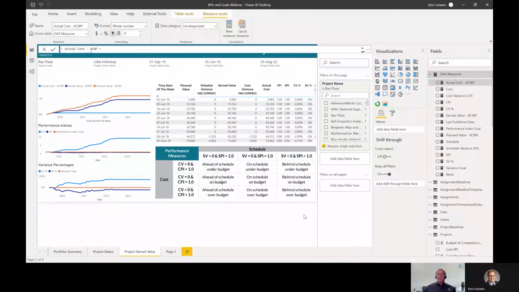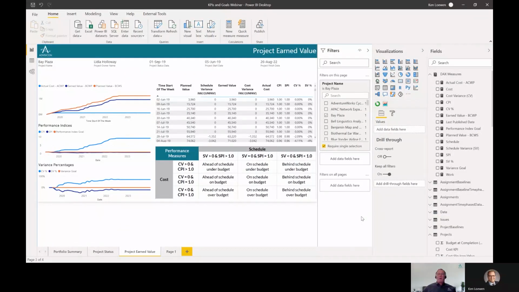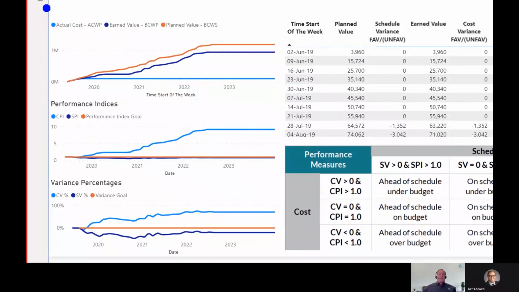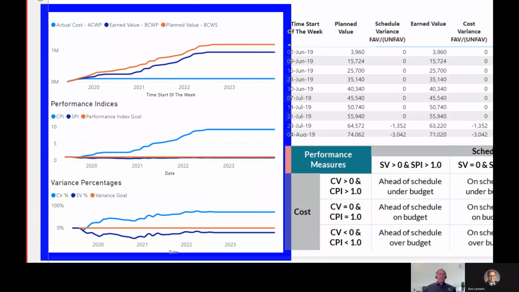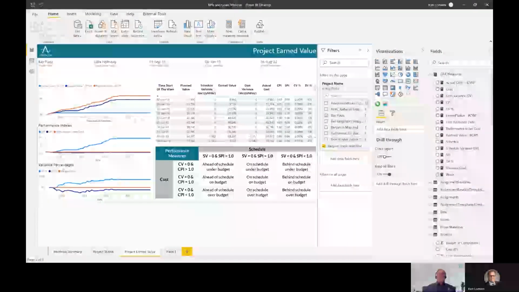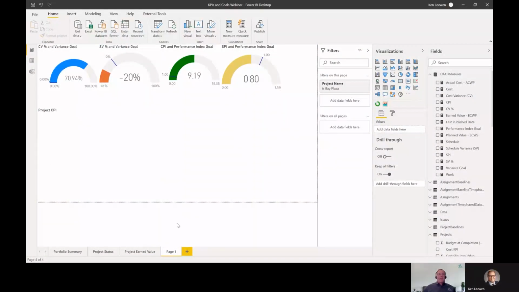And we then present those on our dashboard or our report. You'll see that these KPIs of our earned value metrics are presented in the form of line charts. We don't have to present a KPI in terms of a gauge chart or a speedometer type chart in order for it to be valid. Because we have this very familiar, very commonly used analytic tool of earned value in the project management space, it's customary to present this information in a line chart. Let's go look at some of the other ways that we can present